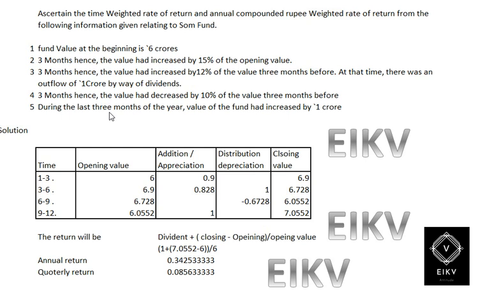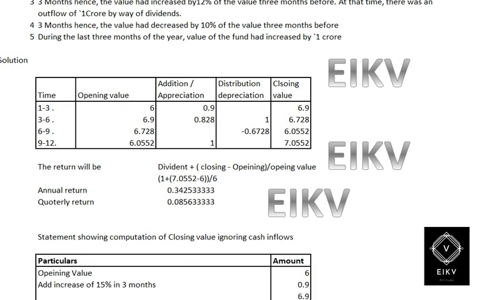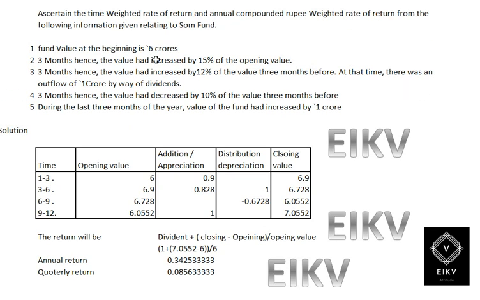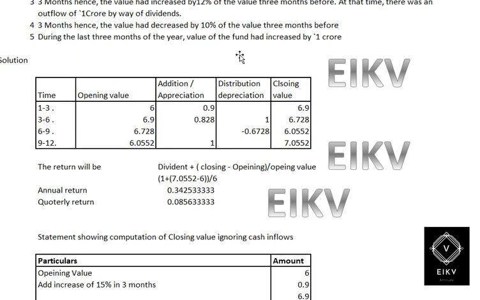The fifth point, during the last 3 months of the year, the value of the fund has increased by 1 crore. So these are the details given, and we are required to compute the